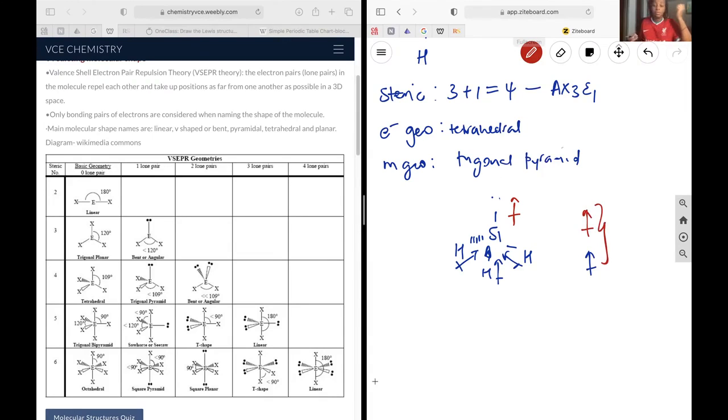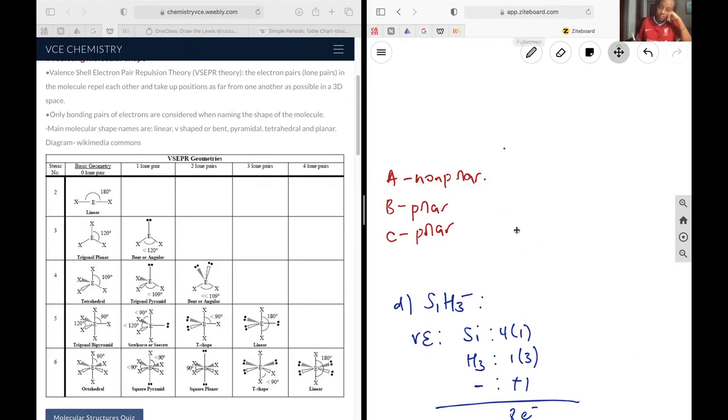These obviously will not cancel, and so my net dipole moment is non-zero. And again, I will have a polar molecule. And that's going to be it. So D is going to be polar. Now for our last one,